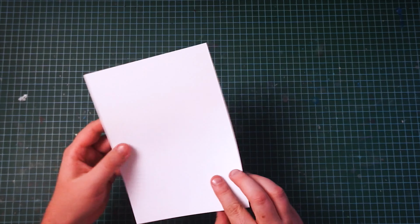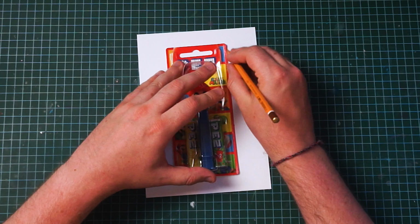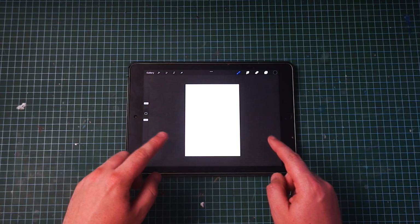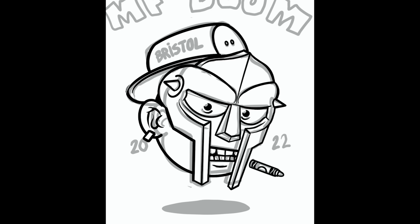Okay Billies, now we're going to move over to the packaging. So these PEZ come in all different shapes and sizes. You want to take a photo of yours on top of A5 paper. If you destroyed the card like I told you to, you can just draw around that plastic cover, but make sure you leave a circumference of about 5 cm so there's some wiggle room when you glue it on the